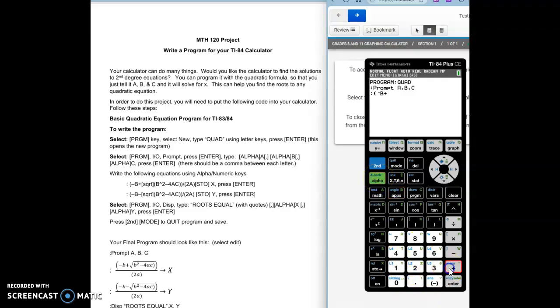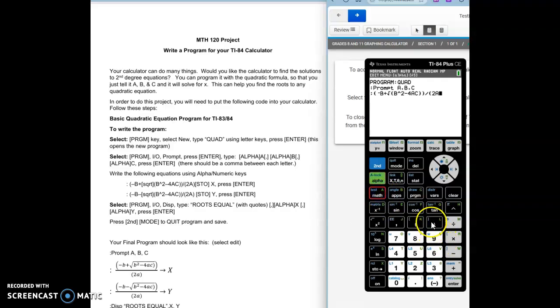and then I'm going to hit plus, and then I find the square root button. And this one has a parenthesis that it puts in there. Then I'm going to hit alpha B squared, so caret symbol squared, minus 4AC. And now, because that square root opened a parenthesis, I have to close it. Then I have to close the parenthesis for the whole numerator of the quadratic formula. So I have 2 parentheses here, 2 parentheses on our paper, divided by, and then parenthesis 2